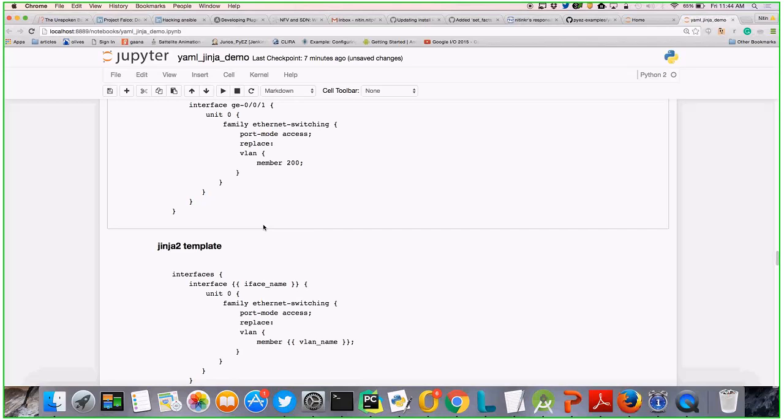Then you have the VLAN member, which I have changed. Similarly, if you want to change port mode, that too you can add. But for example, I'm just changing these two. So there is a template where you have these two values which need to be given by the user, right?